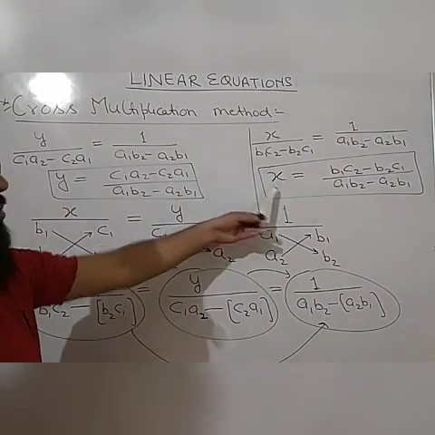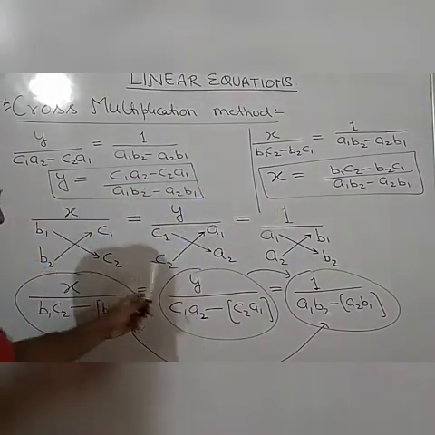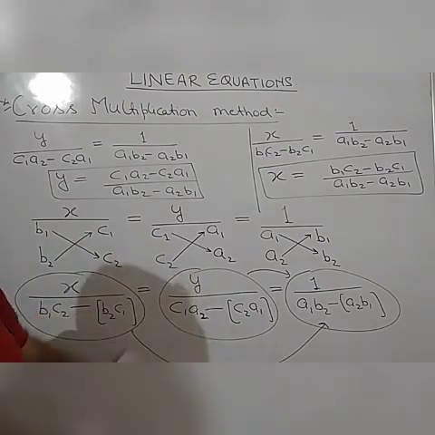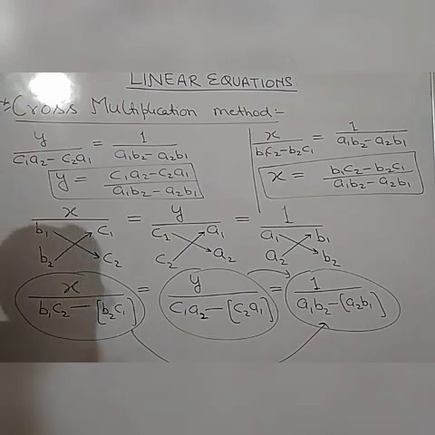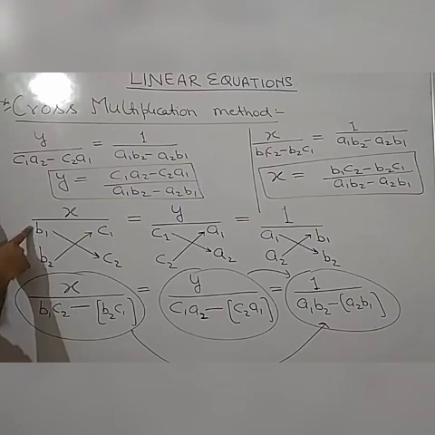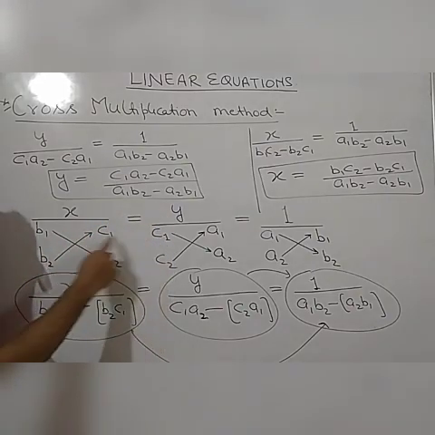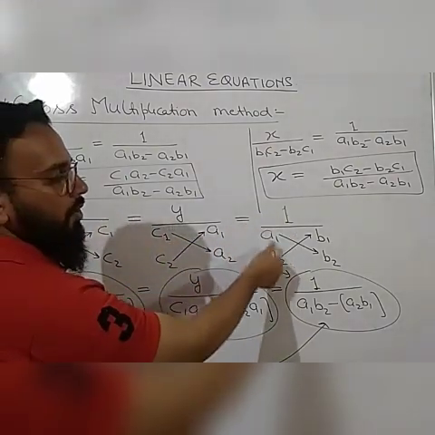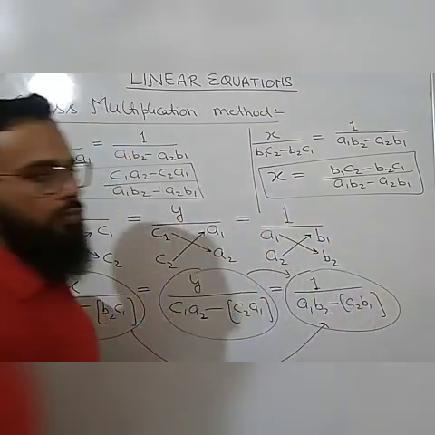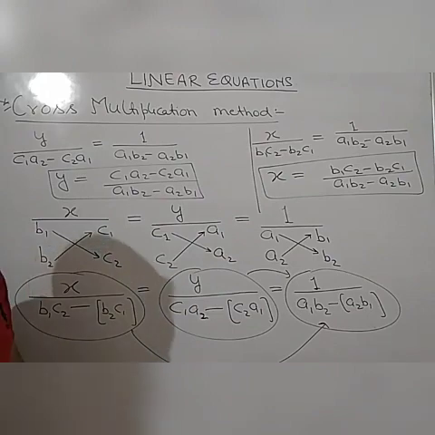You need not remember this formula. We will not use this formula for finding the solution. We will proceed with this complete method, so you have to remember this method only. Let us discuss once again. First we will write x, then in the denominator the coefficient of y, b1 b2, then the constant term. Then for y, repeat with this constant term and then the coefficient of x, then is equal to 1 upon the coefficient of x and coefficient of y. If you remember this, then you will be able to solve. Okay, so note it down.